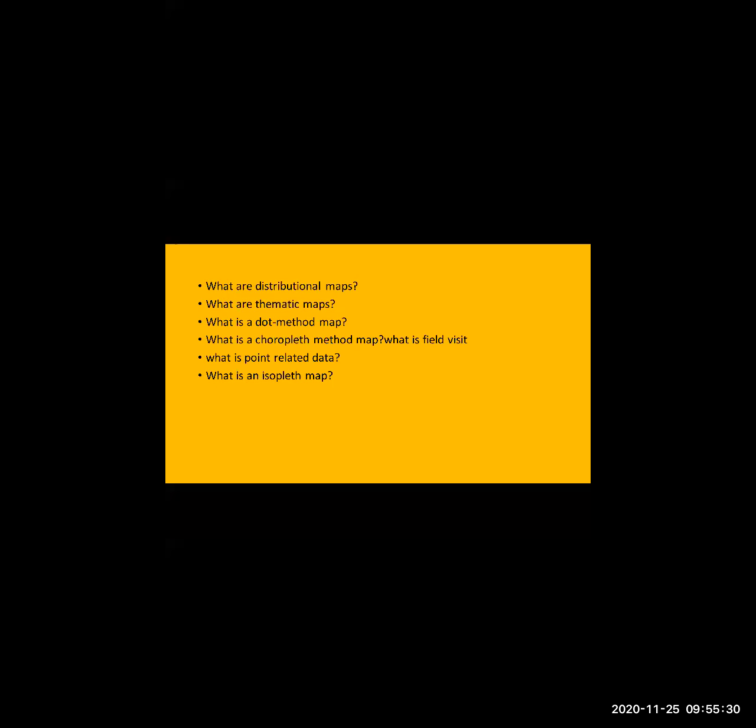Okay, now students who don't know, just write down in your notebook. The statistical data of a particular variable with respect to various places is called point related data. Okay, this is the correct answer. Statistical data alone is incomplete, but the completed answer is this one.